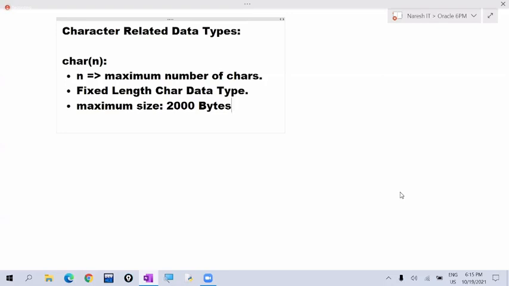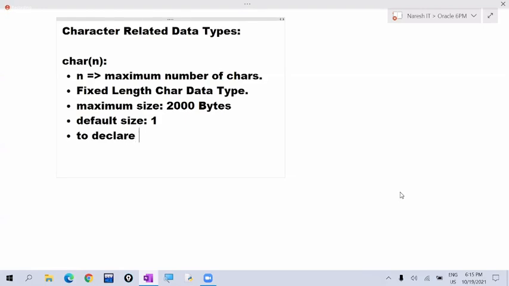So what is the maximum size here? 2000 bytes is the maximum size. And what is the default size here? Default size is 1. Okay, so when is this CHAR data type suitable?